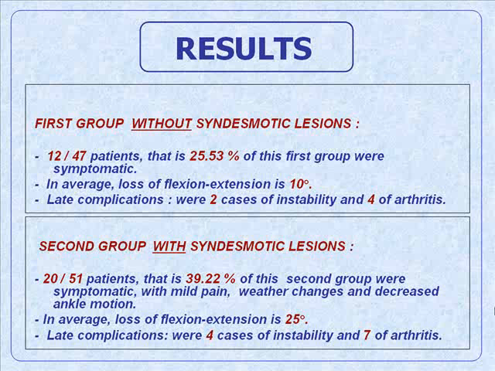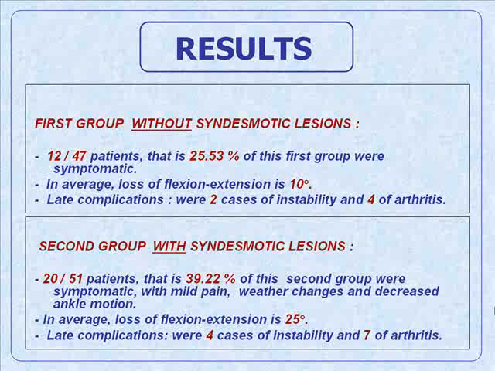We come to our results with the first group without syndesmotic lesions. We had 12 cases in 47 patients, that's 25% of this first group, who were symptomatic. On average, loss of flexion extension is 10 degrees, and late complications were 2 cases of instability and 4 of arthritis. In the second group, with syndesmotic lesions, we have 39%